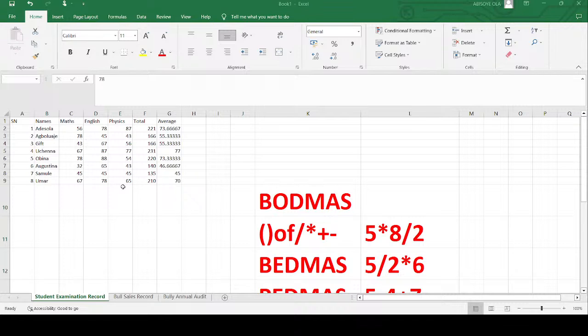Another thing I want us to work on is sorting. How can we sort the record without affecting the whole information